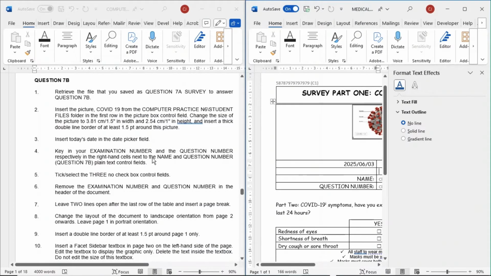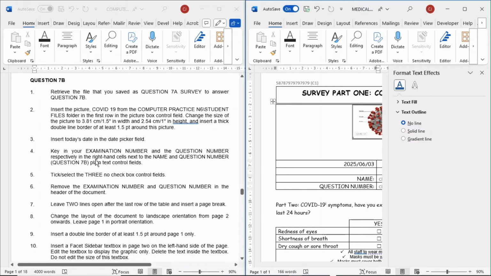Key in examination number and question number respectively in the right hand cells to the name and question number plain text control fields.